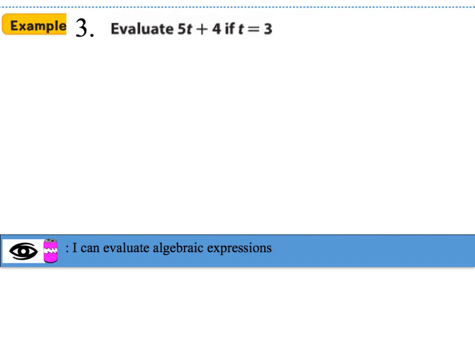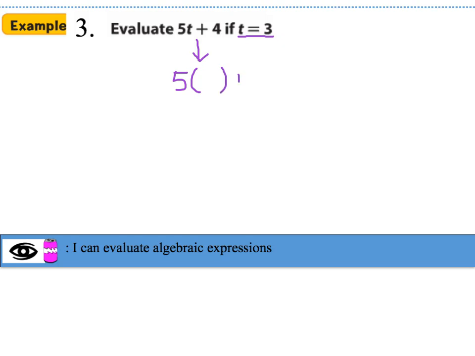So for example 3, they say evaluate 5t plus 4 if t is equal to 3. So I know that the value of t is 3, and our algebraic expression is 5t plus 4. And once again, you know this is an algebraic expression because it has operation symbols, it has variables, and it has numbers. So what we're going to do is we know that whenever the variable is standing next to a number, they're multiplying. So I'm going to write 5 multiplied by